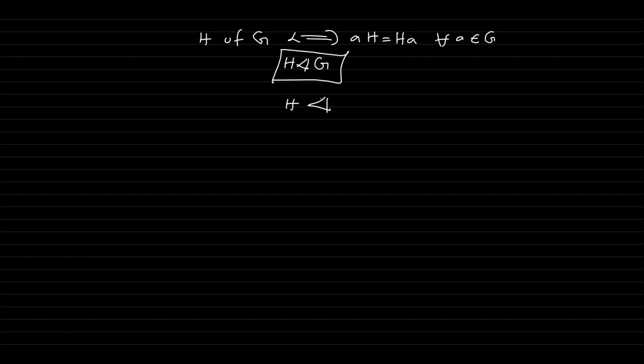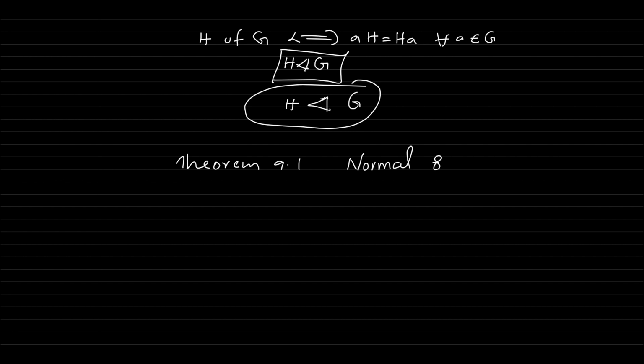H is a normal subgroup of G. Okay. Now, next we are going to prove a result, theorem 9.1, and this is actually the normal subgroup test. This result gives an equivalent condition for a subgroup to be normal, and the statement is that